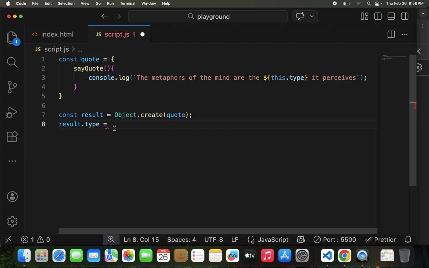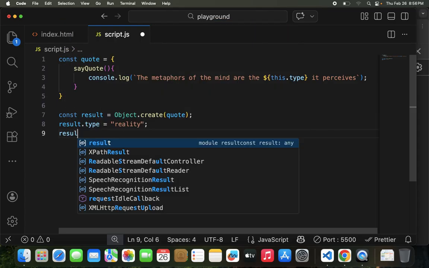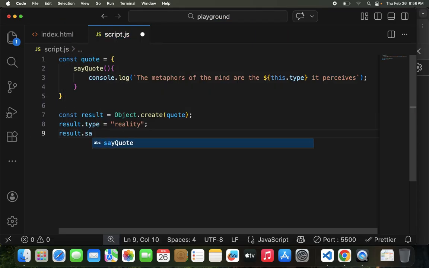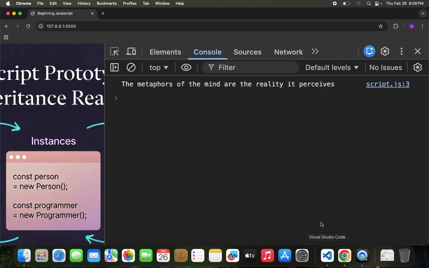Okay, so now I can do reality like that, such that if I do results.say quotes, color like that. Now let's go to our console. Let's see what we get. Now we get the metaphors of the mind are the reality it perceives. See,